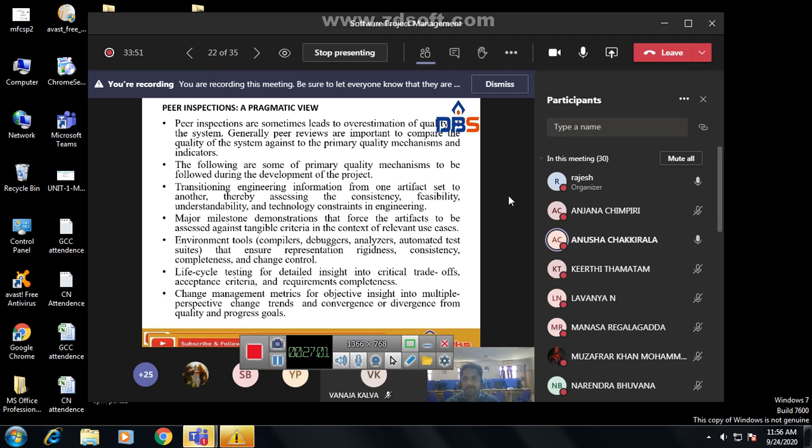Next, peer inspection, that is the pragmatic view, that is, practically we have to do different things. Peer inspections sometimes lead to over-estimation of the quality of the system. Generally, peer reviews are important to compare the quality of the system against the primary quality mechanisms and indicators. So one-to-one inspections are used because they help compare the quality of the system. Okay, see,